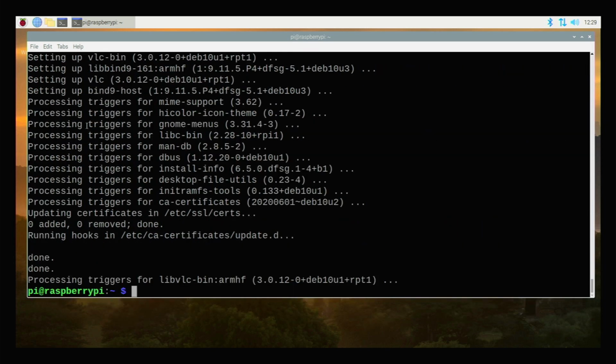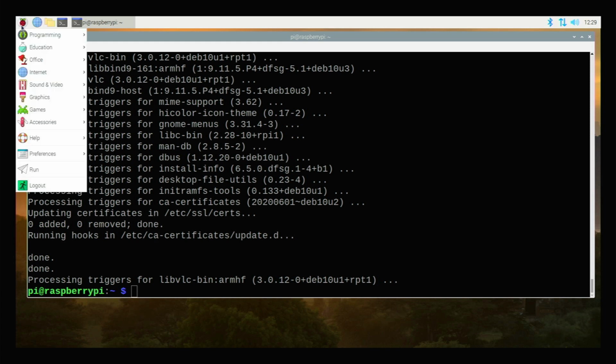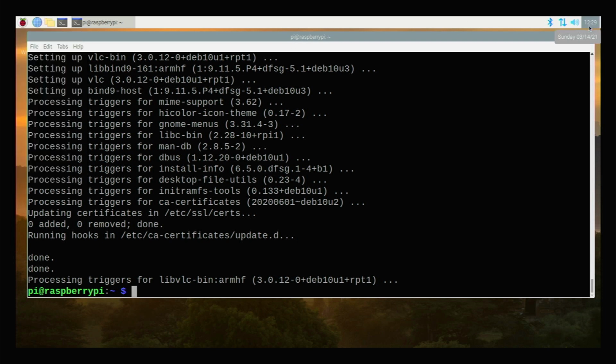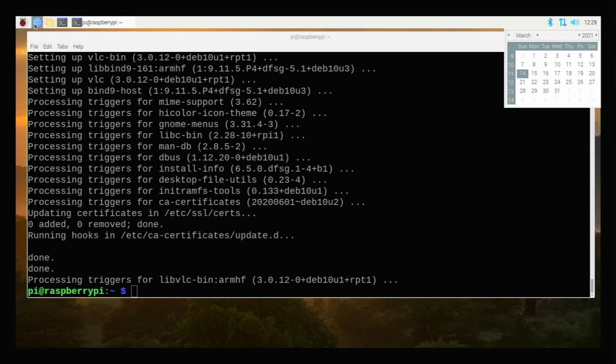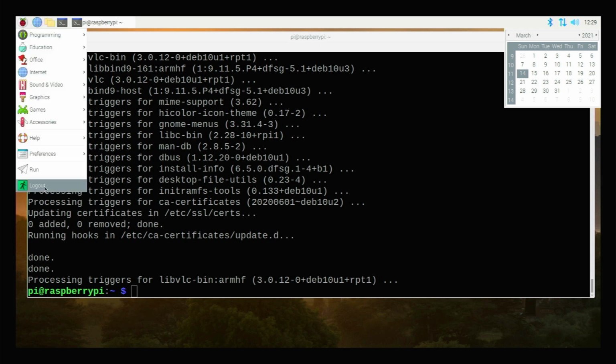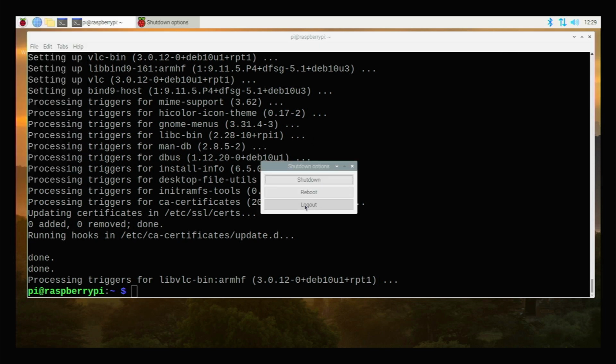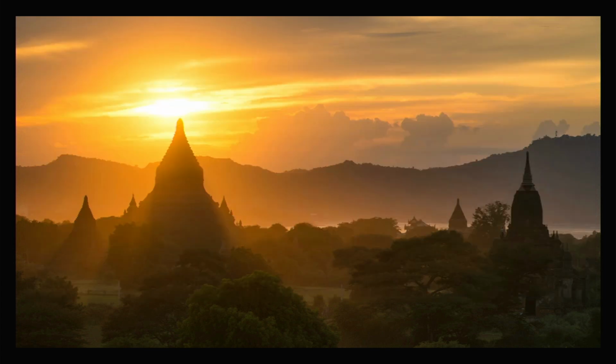Okay, so after the system is updated, you need to reload the unit. So you go right here, it should be somewhere here. Log out and then reboot. And now we wait until it boots up. And then we continue with installation of the RTL-SDR dongle.